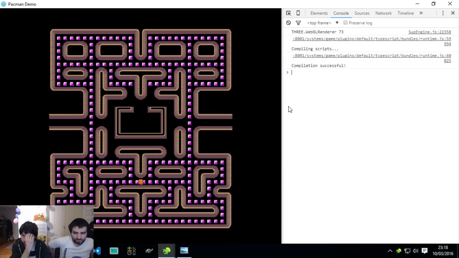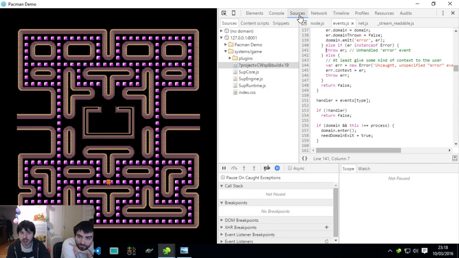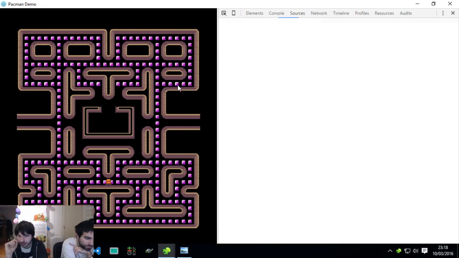So we are going to use the debugger to try and figure out why it's not working. It's a very interesting exercise. So if you have never used a debugger before, now's your chance to look at how it works. So we're gonna go in the source tab of the debugger of the development tools. Again, to open the development tools, you can press F12,